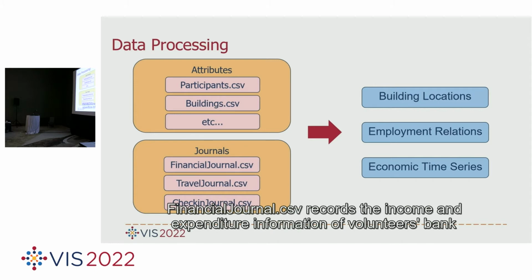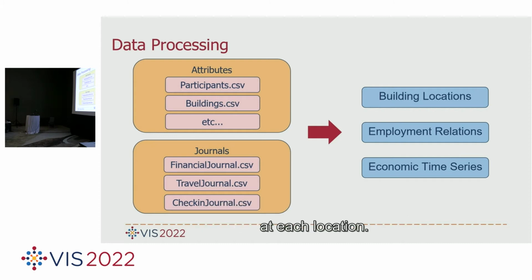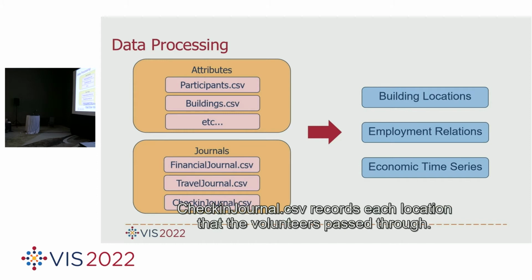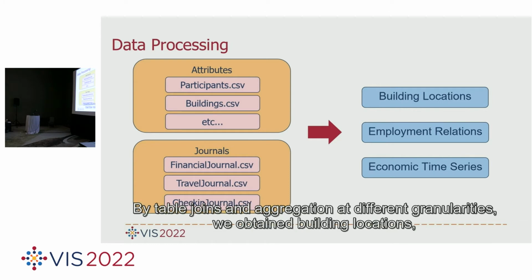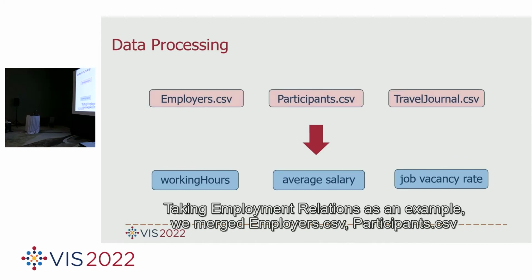Financialjournal.csv records the income and expenditure information of volunteers' bank cards, and traveljournal.csv records the starting and ending time and spending of volunteers at each location. Checkinjournal.csv records each location that the volunteers passed through. By table joins and aggregation at different granularities, we obtained building locations, employment relations, and a series of economic time series. Taking employment relations as an example, we merged